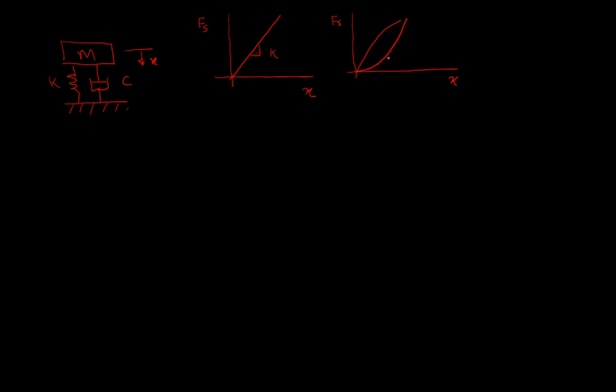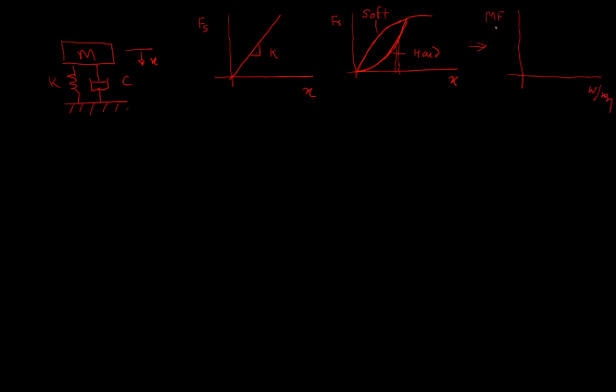So these are called a soft spring and a hard spring. The first one is a soft spring. This is a hard spring, and this is a soft spring. Why is it called soft? As I go on increasing the force, the amount of displacement is going to reduce. That's what is called a hard spring. And as I increase the force, if my displacement goes on increasing by a larger amount, then it is called a soft spring.